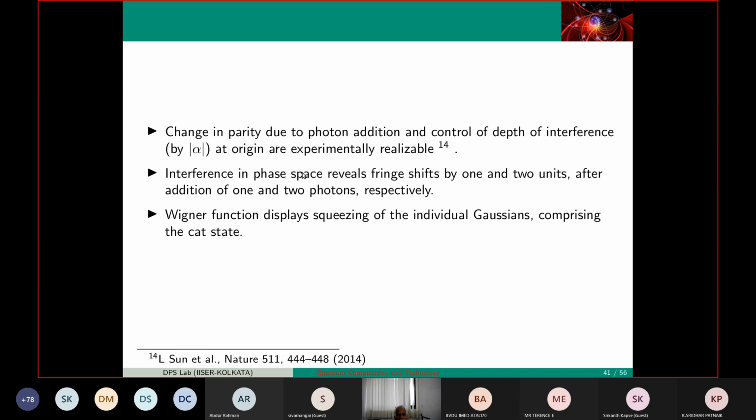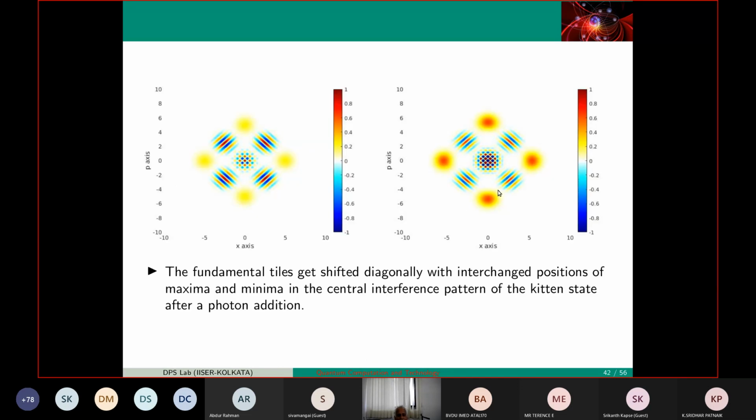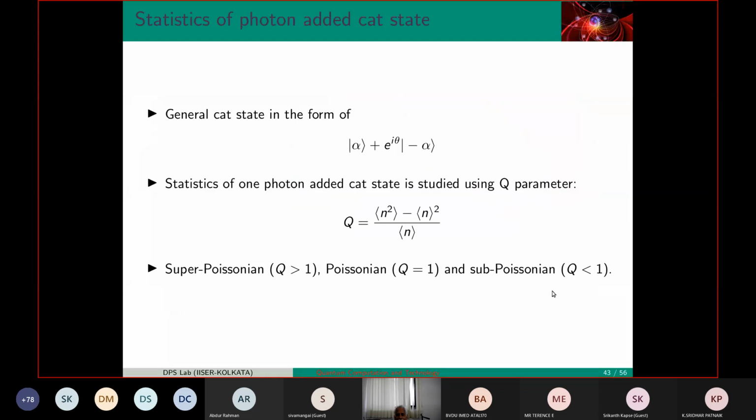Okay. Now quantum metrology you can do through interference. Here are beautiful examples of kitten states. This is the so-called kitten state, localized at 4 places. Cat, 2 places. They have actually been produced experimentally. Cat, kitten. So these are the kind of pictures which are now beginning to emerge.